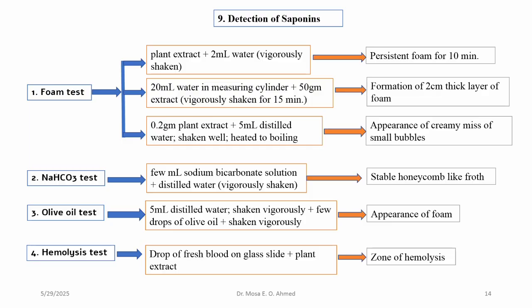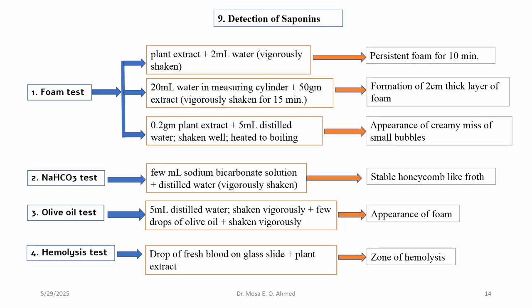The last, or the fourth, test for saponin is the hemolysis test. This test consists of a few drops of fresh blood placed on a glass plate, and then the plant extract is added. If saponin is present in the extract, we note the presence of a zone of hemolysis. This test is based on the biological activity that saponins are toxic and cause hemolysis of